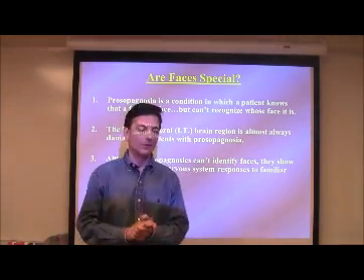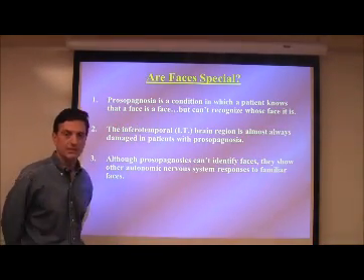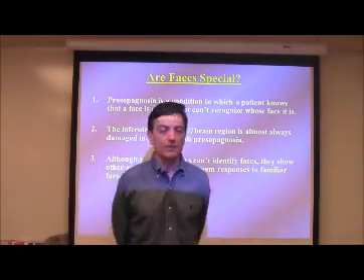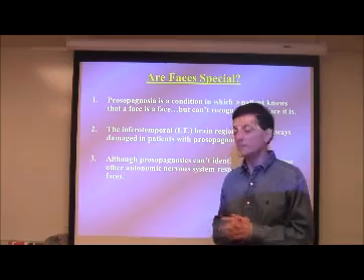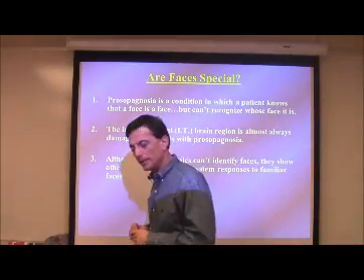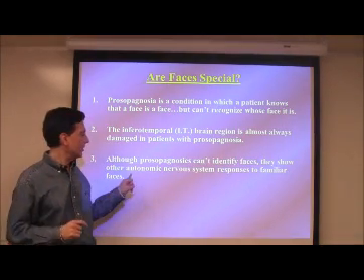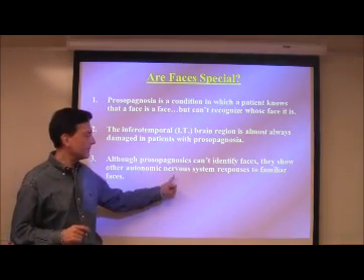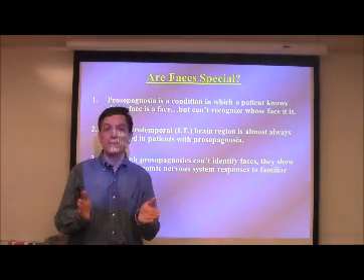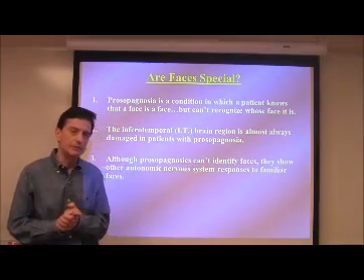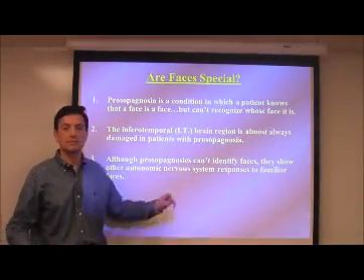Just to help us review a little bit, we'll harken back to what we learned in Intro to Psych about the autonomic nervous system. You might recall that it's one of two branches of the peripheral nervous system. We have the somatic system and the autonomic nervous system. What I'd like you to do is stop the video in just a moment and see if you can recall from Intro to Psych what the two subdivisions were within the autonomic nervous system itself. We typically subdivide that into two systems, and just to refresh your memory, you might stop the video now and see if you can recall those autonomic nervous system divisions.